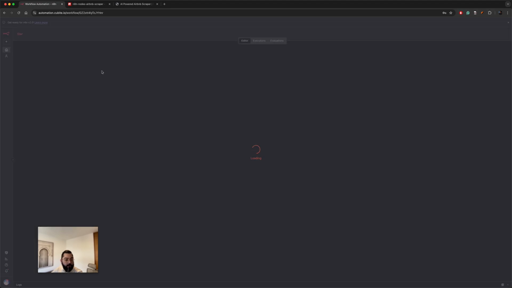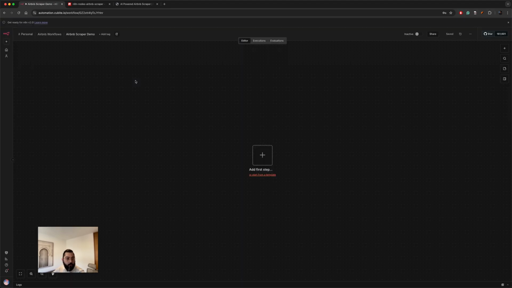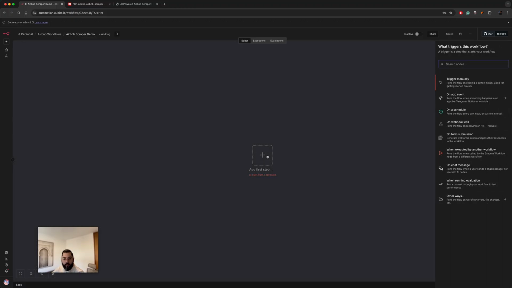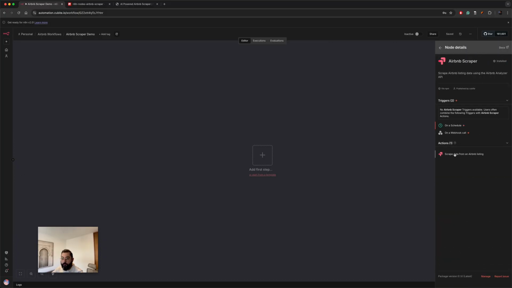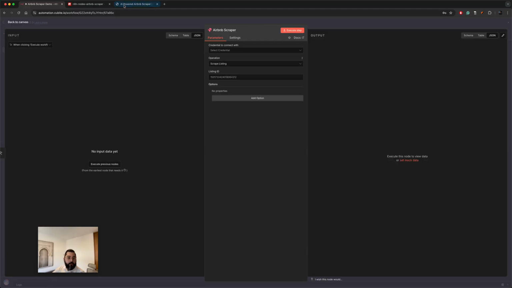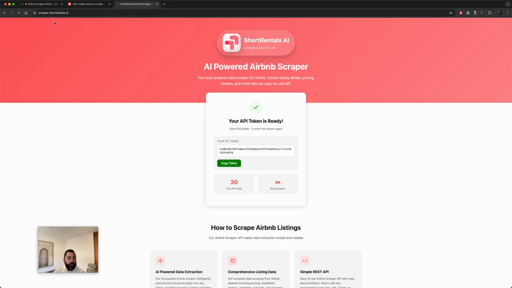If we go back to our workflow, I have Airbnb scraper demo. What I'm going to do is add a new node, look for Airbnb scraper, add that here, and pick scrape data. So the next step is we should go to